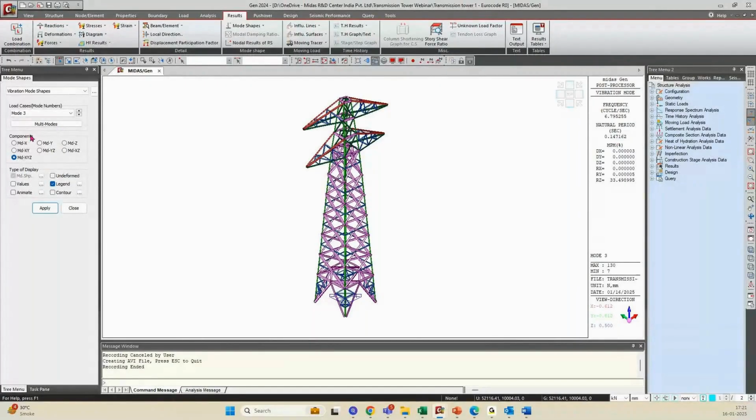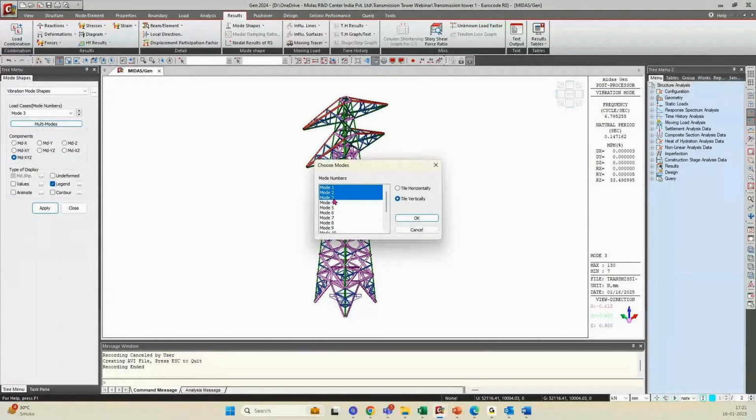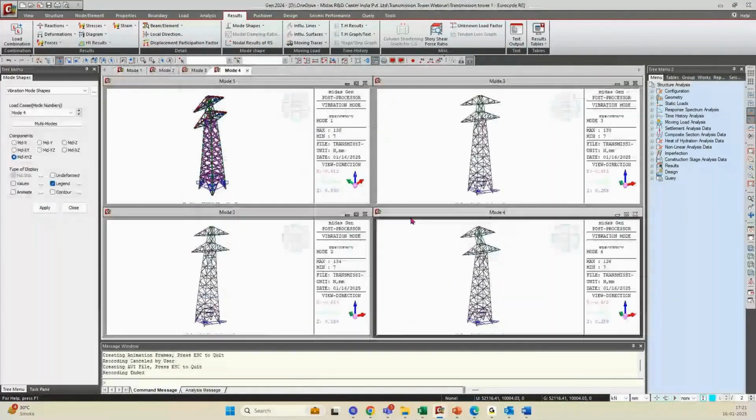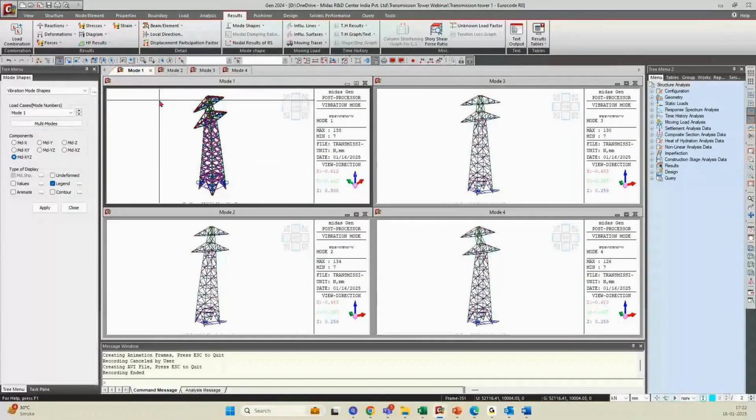And here we can also see multiple modes in a single window. Okay, so let us see. Now I want to see the first four mode shapes, so I can just click on OK. So here we can see the different mode shapes. Okay, first mode behavior and second mode, third mode and fourth mode behavior. Okay, so we can also see the buckling mode shapes of this particular tower. Okay,